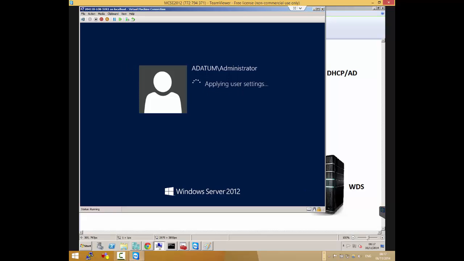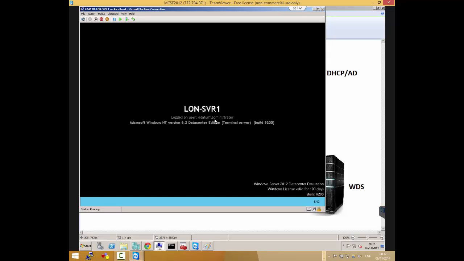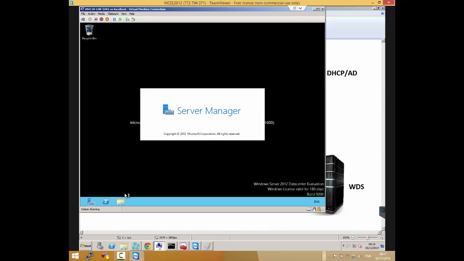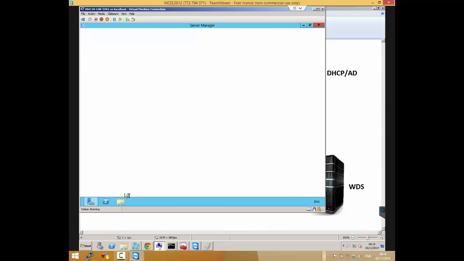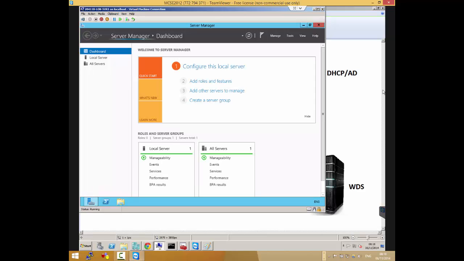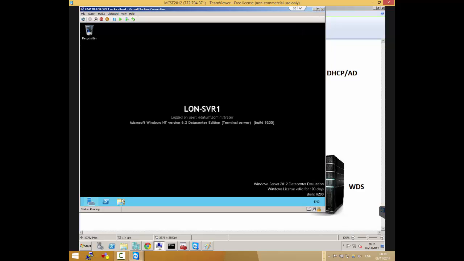So what we'll do is let's actually go through the whole process and see what actually goes on. First thing we'll do is we'll have to install WDS on this server. So does anyone want to go for it? But now we don't want to use the GUI. We want to use PowerShell because we'll get lots of PowerShell questions in the exams. As much as possible, especially with Microsoft exams these days, it's advisable to do the labs in the GUI, but then we have to go back and do them in PowerShell because we're going to get lots of questions with PowerShell.